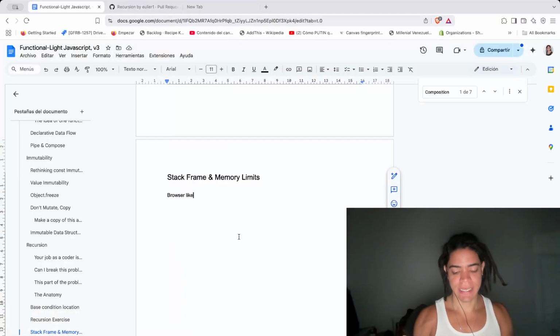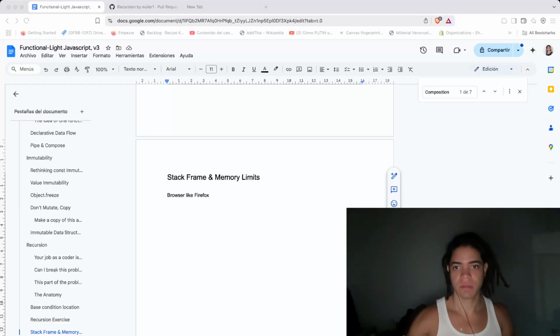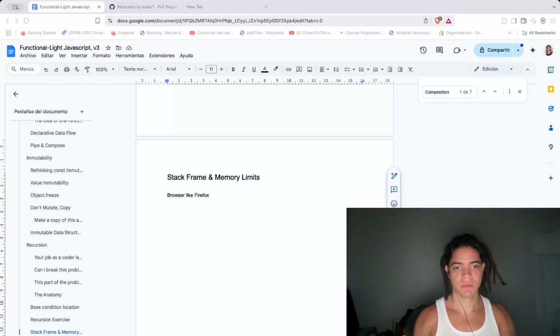So browsers like Firefox, okay. So browsers like Firefox